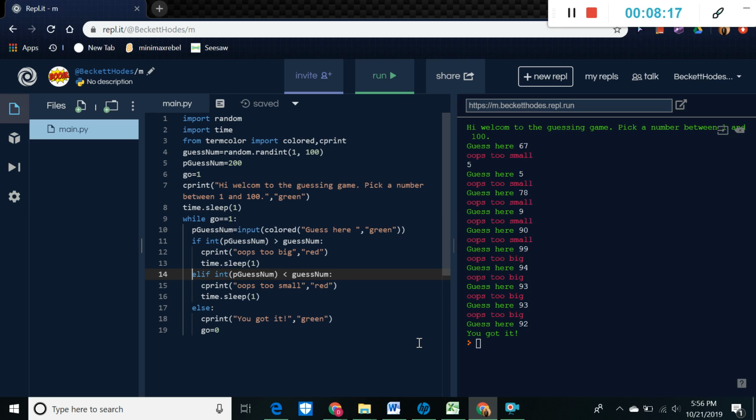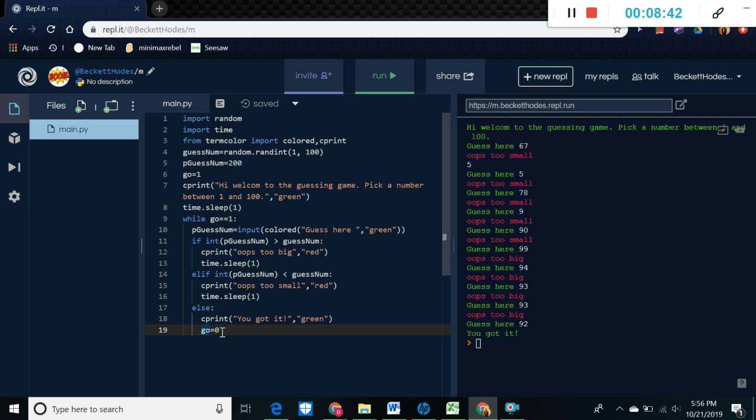It's useful just because it's easier. So elif, integer, if it's too small, remember the integer command, it's going to print oops too small in red. But else, which means if it's neither, it's going to print you did it in green,